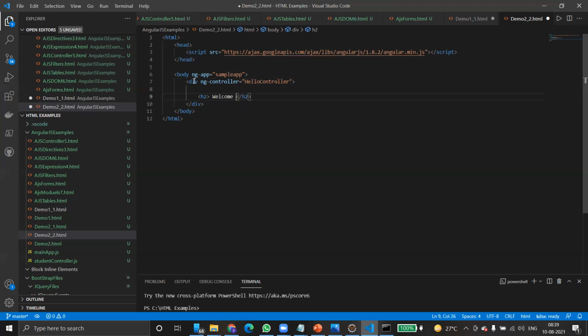Whenever you are going to use the data of the HTML tags or AngularJS controllers, you have to start with curly brackets like this.